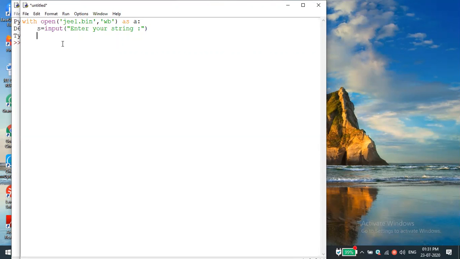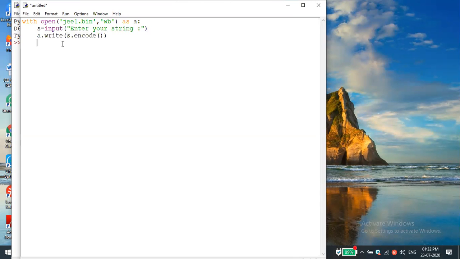Okay, now we need to encode it. I am going to write the data into the file. How to access a file? Through the file object only. What is the file object here? a dot write of s, s is the input, so s dot encode. First I will show with the encode function, then without encode, so you can see clearly how the error will occur.